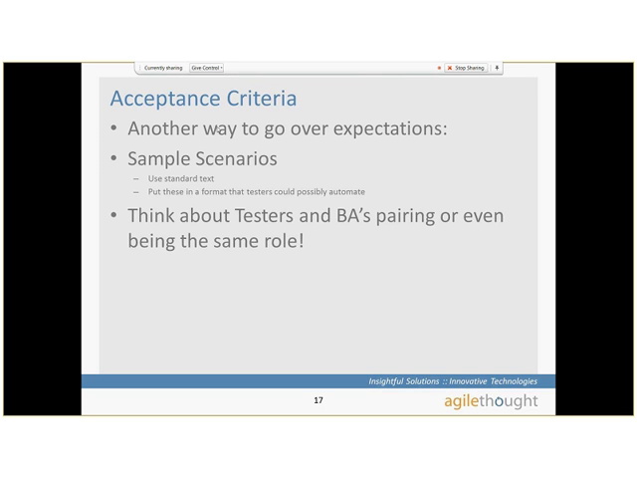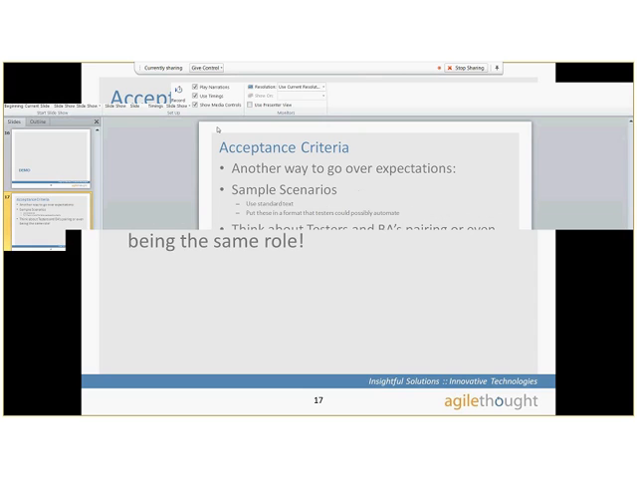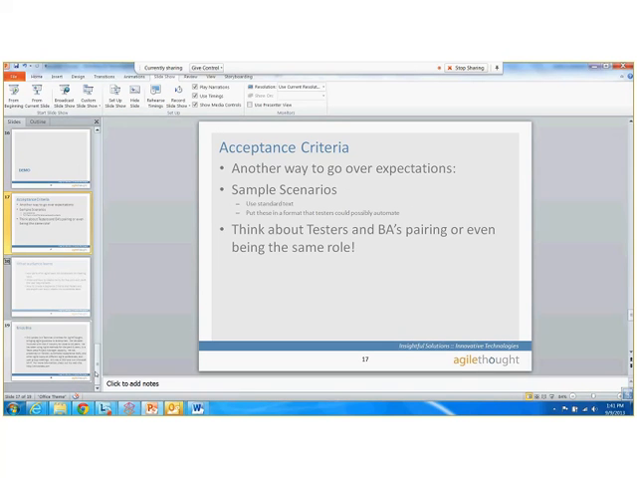To go with those sample scenarios that we talked about before, I really would urge you to put that in a format that is very consistent with the way the team is really expecting it, and maybe in a way a tester could possibly automate. So let's just show this. Hopefully I can do this. You could maybe do